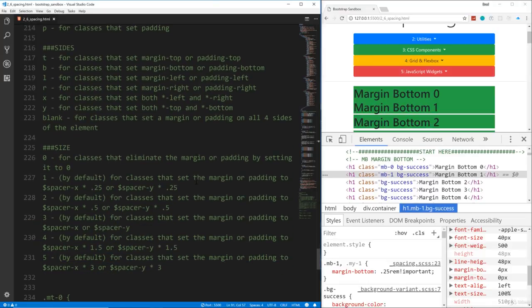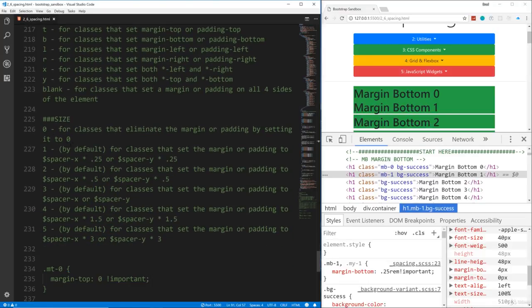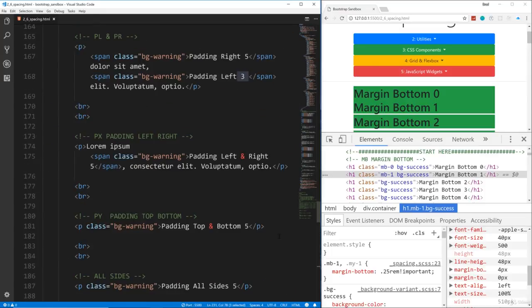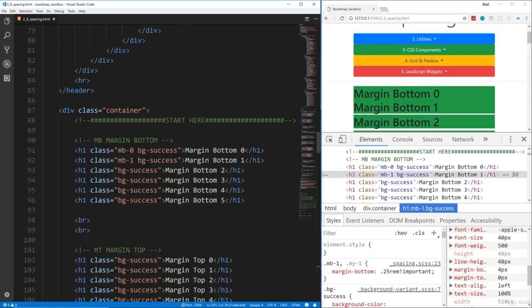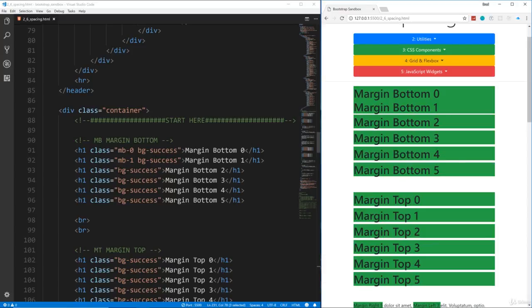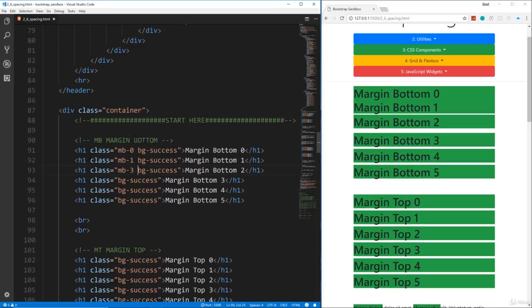And if we scroll down to the bottom of this file for a second, you'll see the different multipliers. So 0 is obviously 0, 1, as you can see over here, is 0.25, 2 is going to be 0.5, 3 is going to be, for classes, basically the default, 4 is going to be times 1.5, and 5 will be times 3. Okay, so I'll show you the rest of those now. Let's see, where was I? All right, so let's close this up and let's take a look at MB3. So MB-3, and if I save,